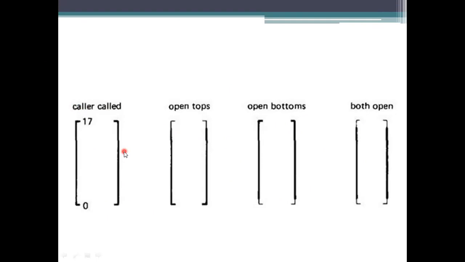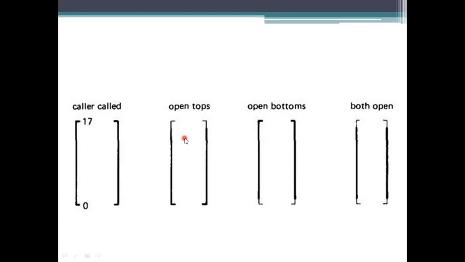There are four such ways in which the caller's range or the closure has to be specified in the call's domain here. The thick lines we are using here mean closed, and the thin lines are specified as open. In this representation there are four such cases.